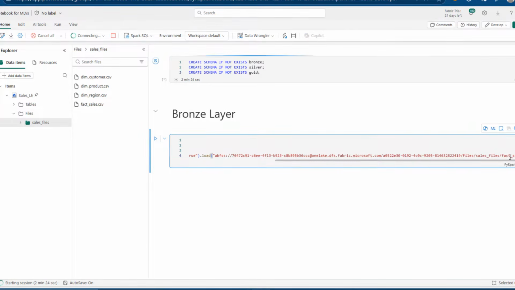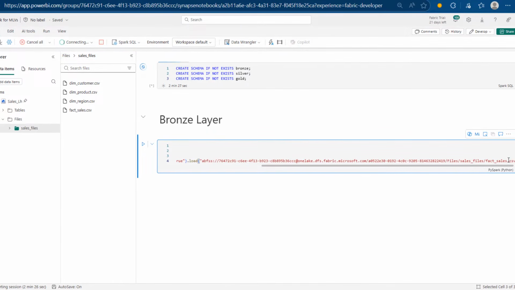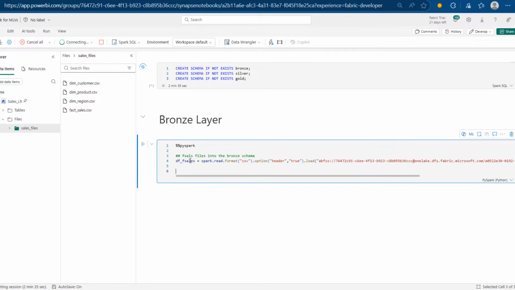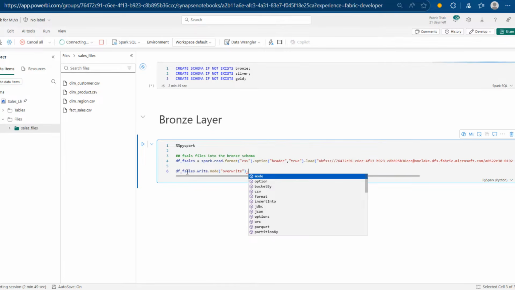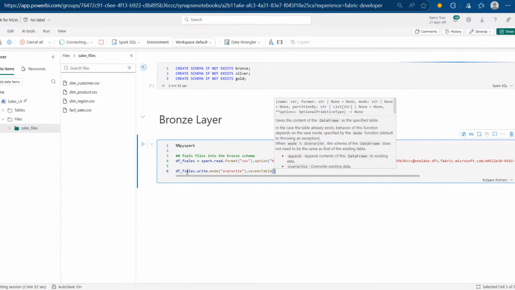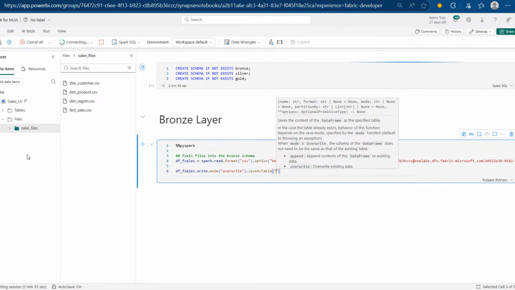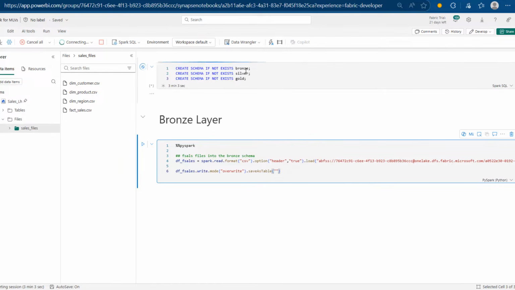You observe that we have the fact_sales.csv as the file because we are reading each of the files. So I'm going to press enter, and then I can reuse this df_sales, and I'm going to use the write, and I can specify the mode inside double quotes. I'm going to overwrite if it exists. So overwrite, and I can use the saveAsTable method, and I'm going to save by providing the three-part namespace, which includes the name of the lakehouse, the name of the bronze, and the name of the